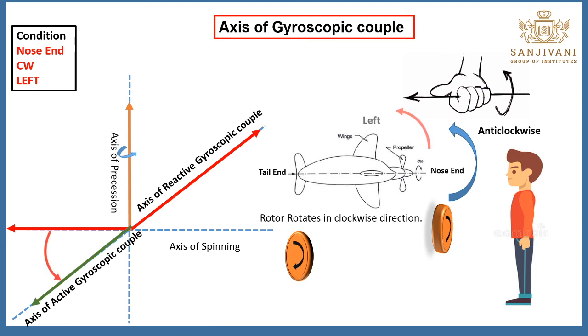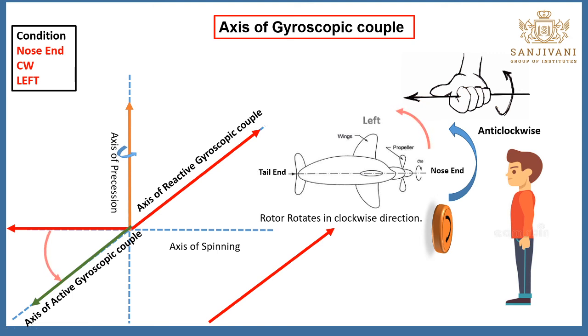Okay, now this is the reactive gyroscopic couple. Now what we need to do, again, you have to take this reactive gyroscopic couple in this way. Again, now you need to consider the direction of the axis of the reactive gyroscopic couple. Just try to understand, we need to consider the direction of